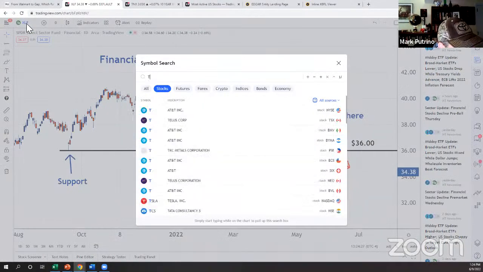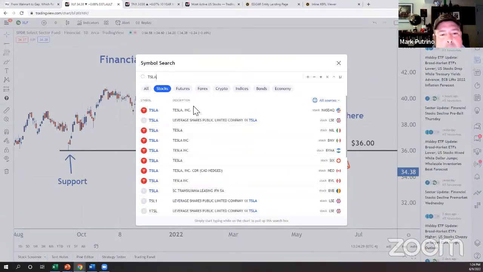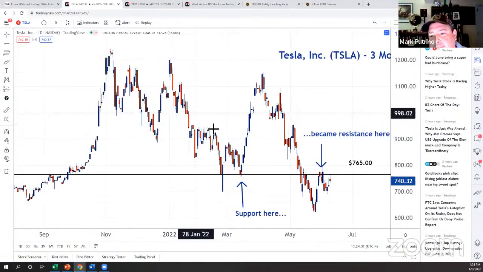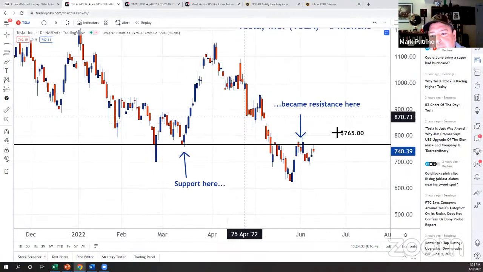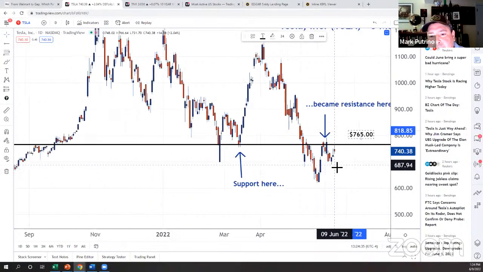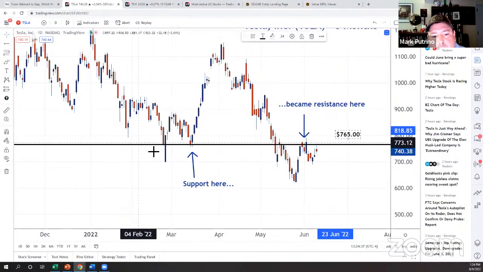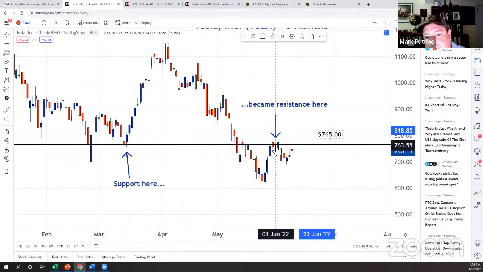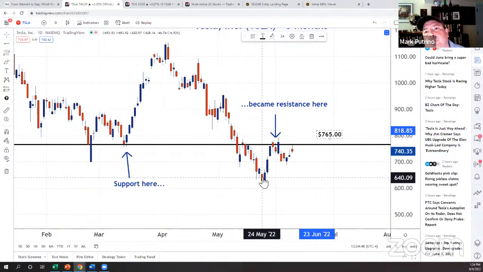Tesla, we could look at, because this is one of the bigger stocks. And we can see that this resistance here is at 765. So support turned into resistance. So if you happen to buy Tesla down here, and assuming that you're a trader and not someone who's buying it to put away for the long run,